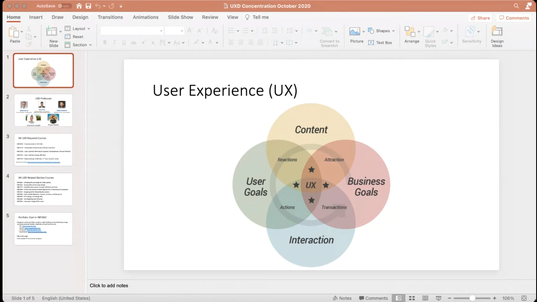Of course, users need content to interact with. So we have a course, for example, in information architecture, where we focus on laying out content, how to organize content, how to manage content, how to best display content so that we create the proper visual hierarchy and the proper visual information flow of that content in order for the user to be able to understand it. On the other hand of the spectrum, users also need interaction mechanisms.